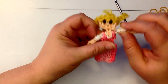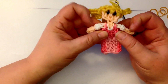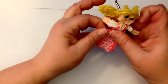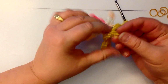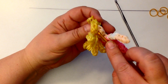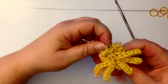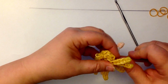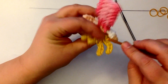With the arms I tend to pull up and down, it just sort of gets these bands in the right order. You can see how she sort of goes in at the waist and then out at the hips again. Okay, so with these tie-off bands you're just going to push your hook between the hair and the face. You have this gap, you can push your hook up and grab those bands and just gently ease them back through and hide them behind the back of the head here,